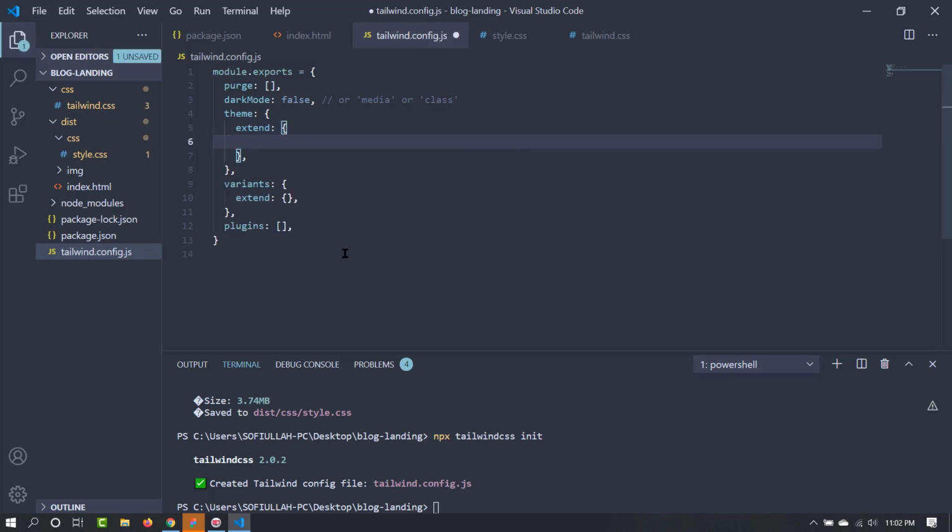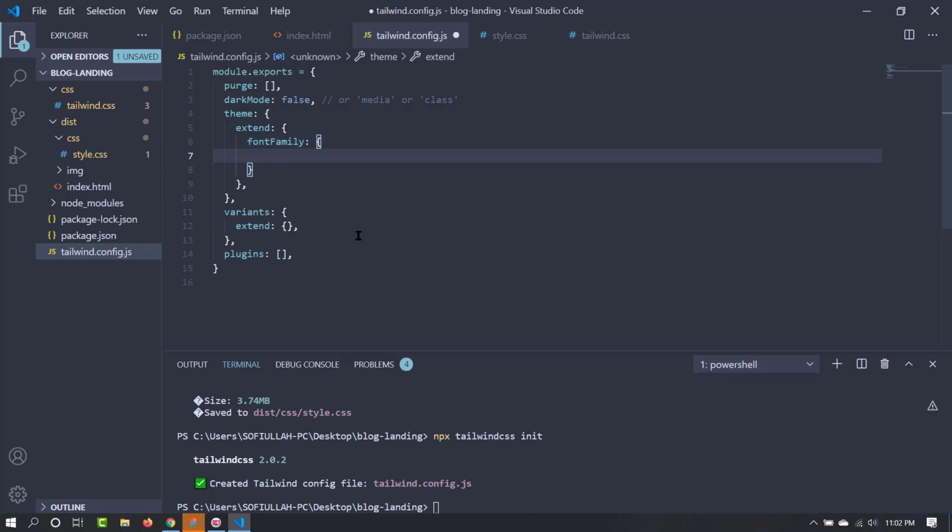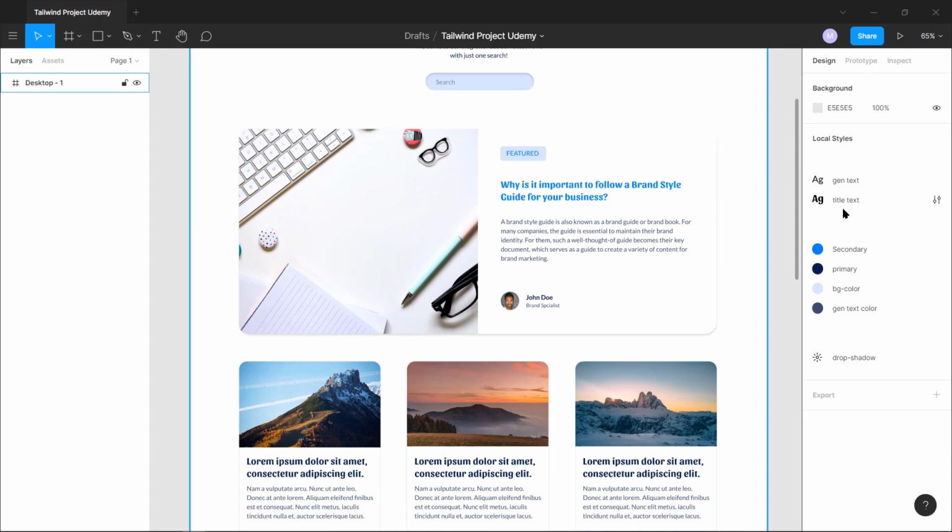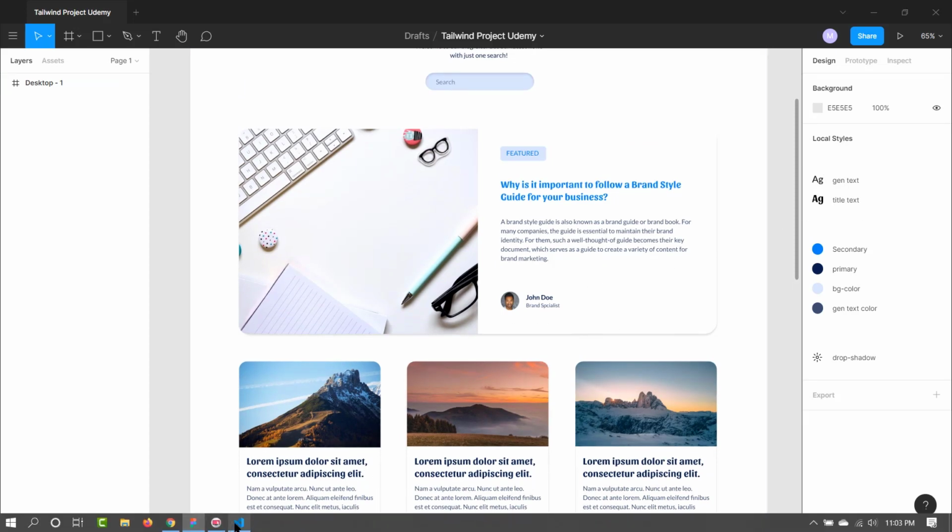We need to add our font family here. So it will be fontFamily. We need to use the curly brackets and give them classes. Suppose this is the title text and this is the general text. So I am going to give them class names of title and body. Let's do that.